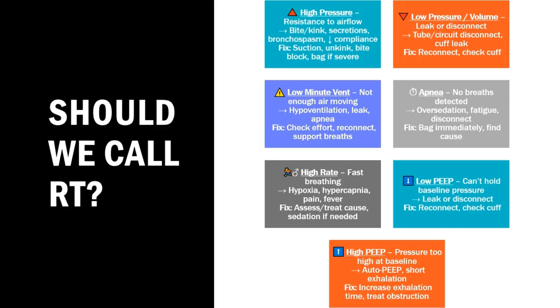High PEEP is way more of a problem. This typically will come in with patients who are breathing at an extremely high rate, and they'll start breathing again before the last breath is finished, and it causes what's called auto PEEP. So to give you a quick example,